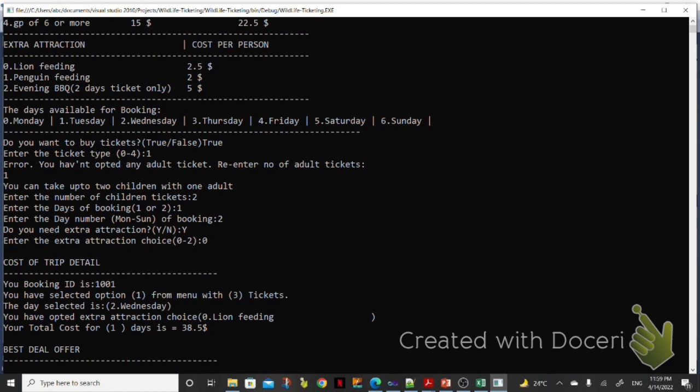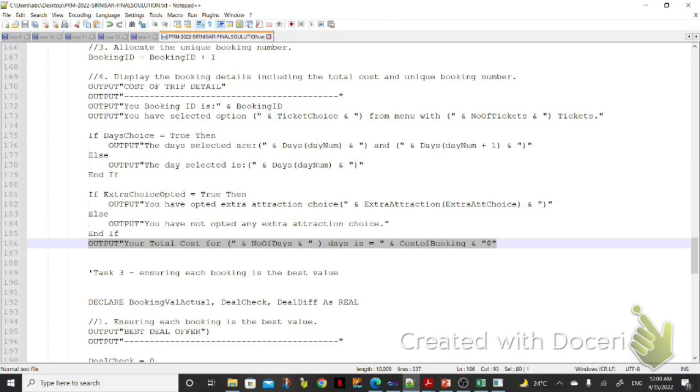So we have calculated a booking detail, and it shows all the detail related to task 2. So now we'll proceed toward task 3. Now if we quickly see task 3,